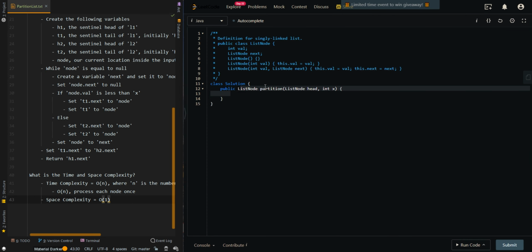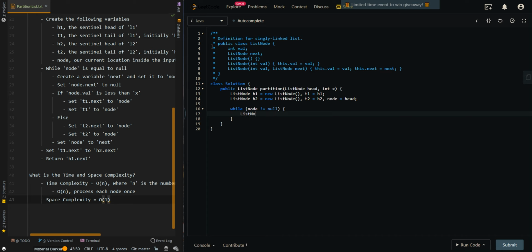We're first going to create our variables, which will be our sentinel heads and tails. Let's first create a sentinel head for L1, and then we're going to say T1 is equal to H1. Then we're going to have our sentinel head for L2, and our tail for L2, and then we can also have our current location inside the input list. Then we can have while node is not equal to null. We want to save the next node before we disconnect the current node. We're going to create a variable next and set it to node.next,